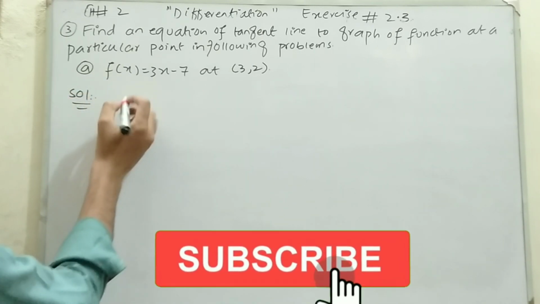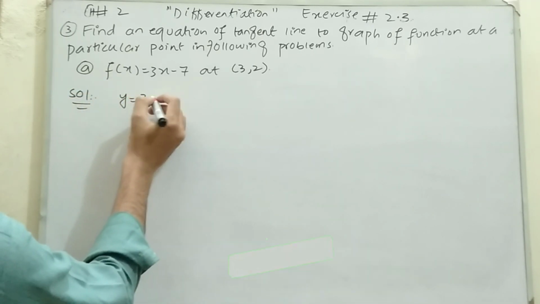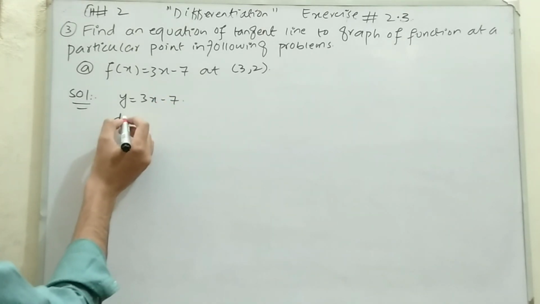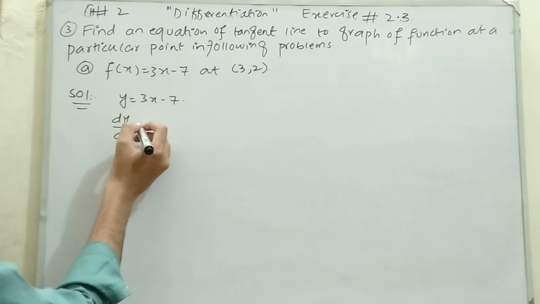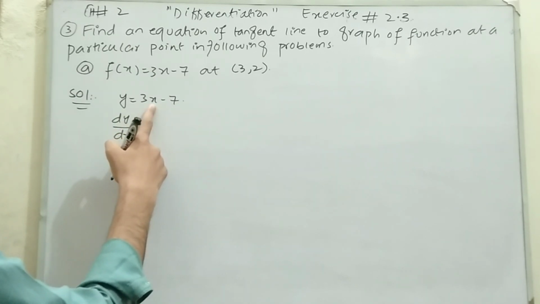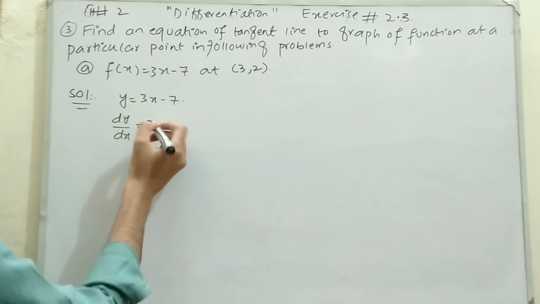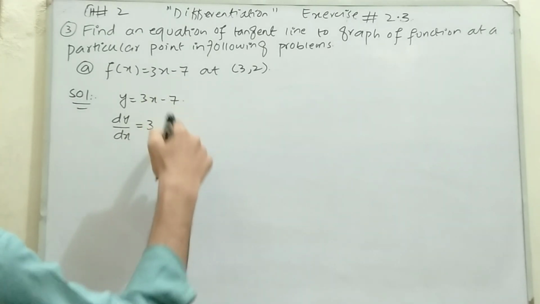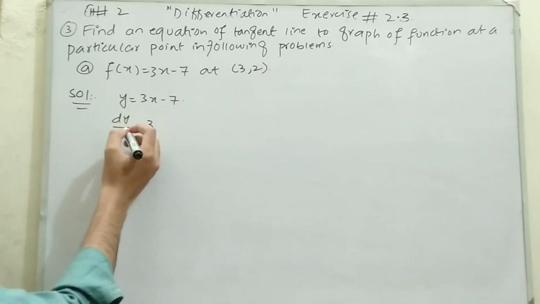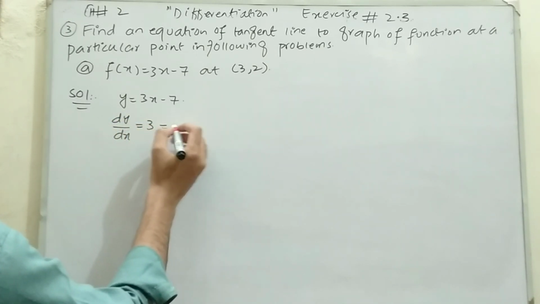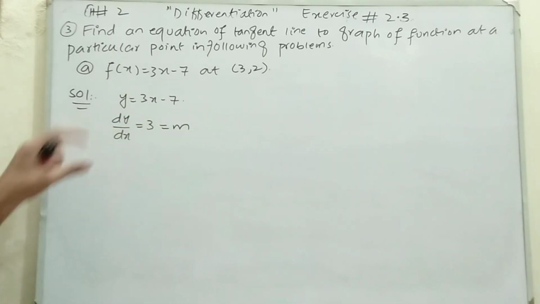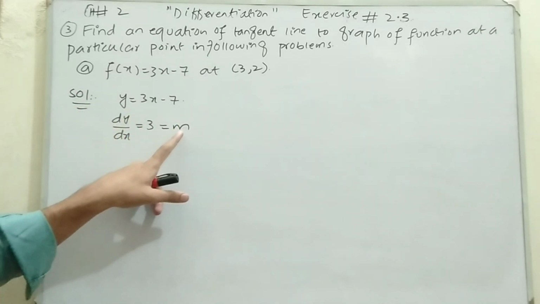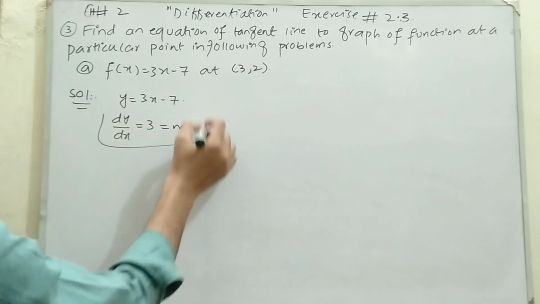Let's suppose f of x is equal to y, so y will be equal to 3x minus 7. Now differentiate both sides with respect to x, so dy by dx will be equal to the derivative of x, which is 1, multiplied by 3 gives us 3, and the derivative of negative 7: 7 is a constant, so the derivative of a constant is 0. So dy by dx is equal to 3, which is equal to the slope m. You know that the derivative of a function is actually equal to the slope. Now after this,